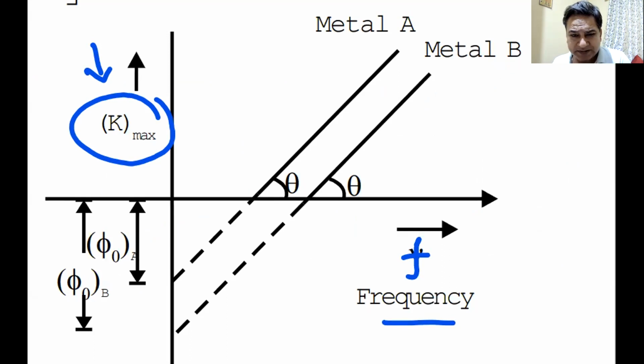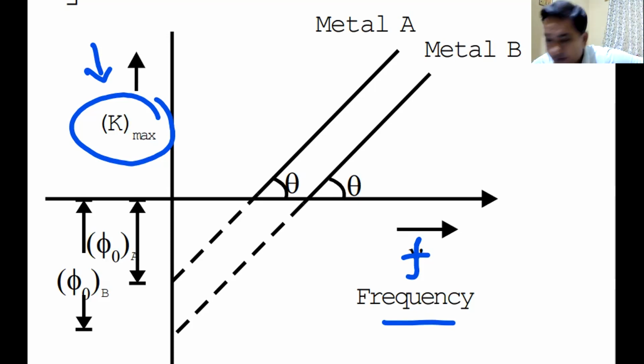y is equal to mx plus c. Do you recollect the graph y is equal to mx plus c? Straight line, planning for the slope and this and that. Yes or no? That is the graph.